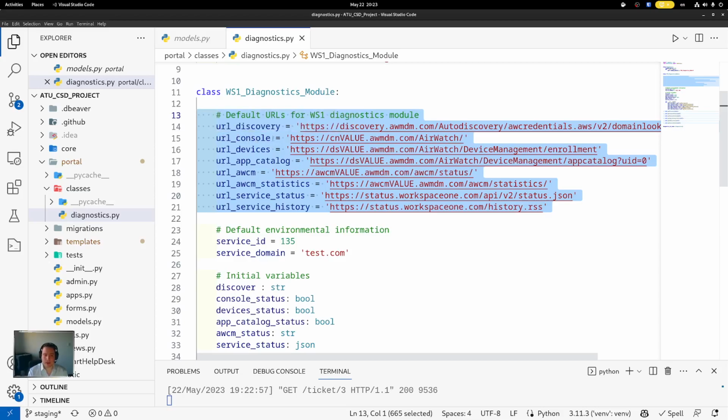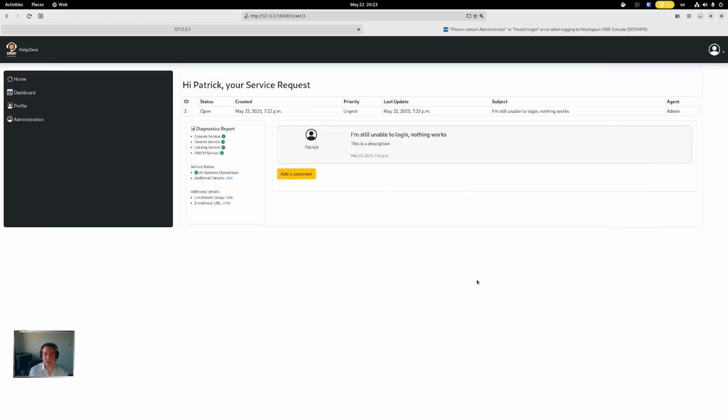You can see console, devices, app catalog, AWCM. These are different components that comprise applications on different servers, as well as the service status. Is there currently a known maintenance or downtime on the service status? So it will take this, it will perform a couple of queries, and based on that, you will see this